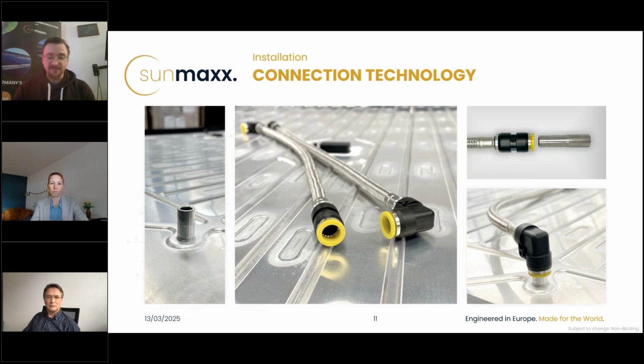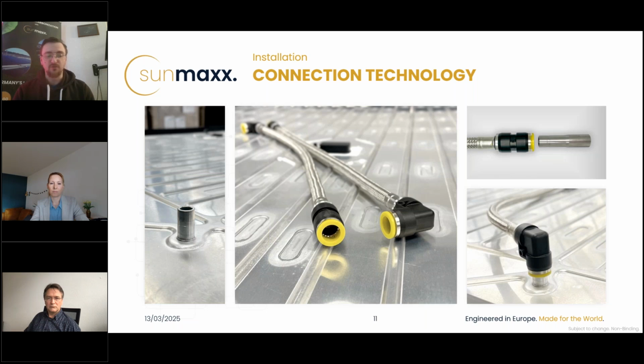So that is, I guess, for most of you, the interesting part of the PVT module, not the front side. This is the back side. This is the aluminum heat exchanger from the automotive sector. As you can see, the small channels are the way our fluid goes through. And we have two adapters on the back side.